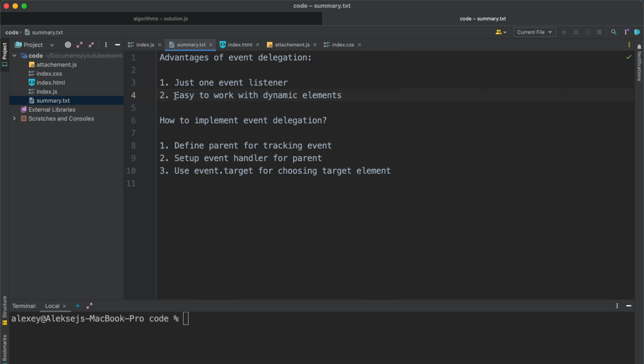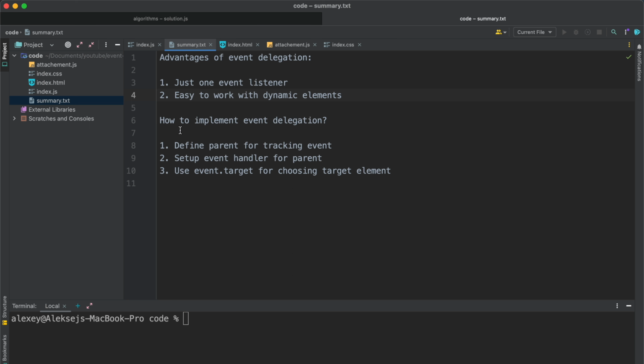And the second, it's easy to work with dynamic elements. If we add or remove an element, we will have all the logic which needs to be executed on each element in the list,